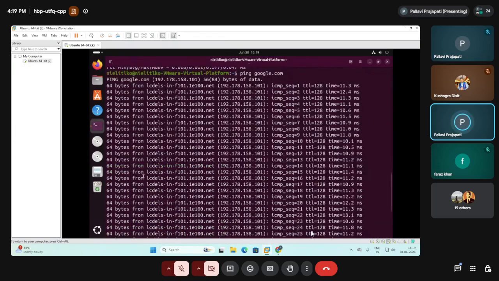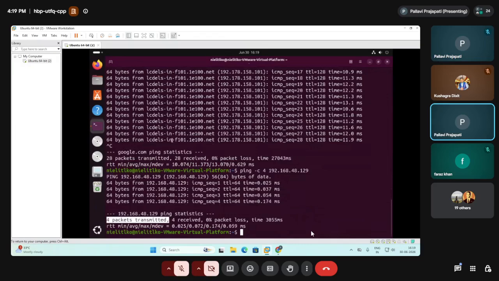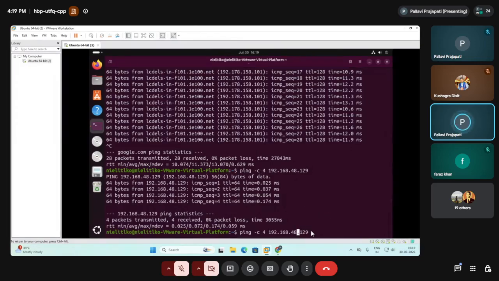It was sending the packets again and again at every time interval. But here we have given the option hyphen c, and told the ping command to send only 4 packets. I can show you with another example also.